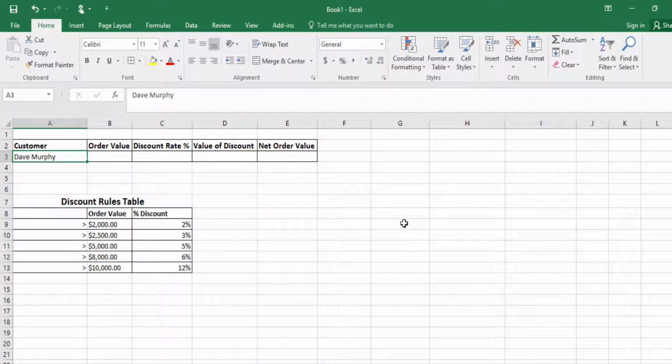Now let's set up the customer information, the place where we will type in the value of the order which is being placed, and we will see the resultant discount rate, which will be calculated automatically using a formula. For the moment, we will assume that our fictitious business only has one customer who places orders regularly of different values. So let's set up their basic information: their name, order value, percentage discount, discount value, and the net order